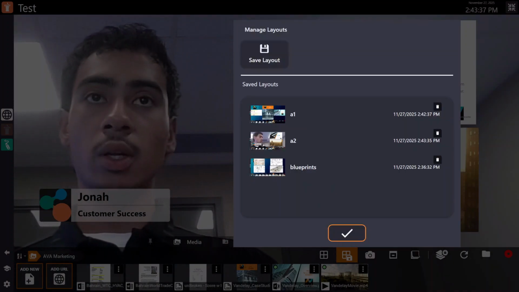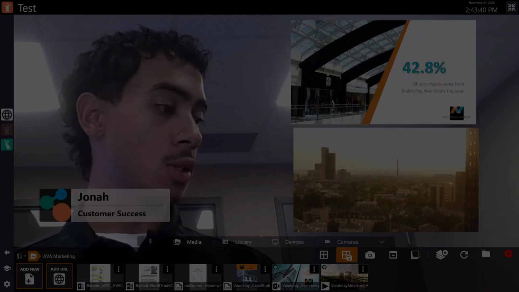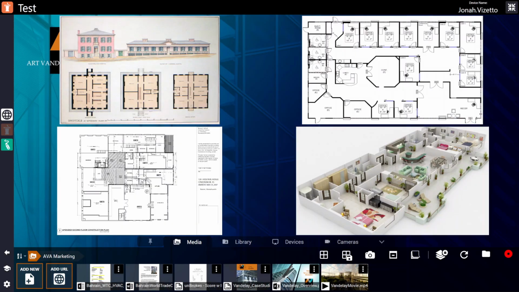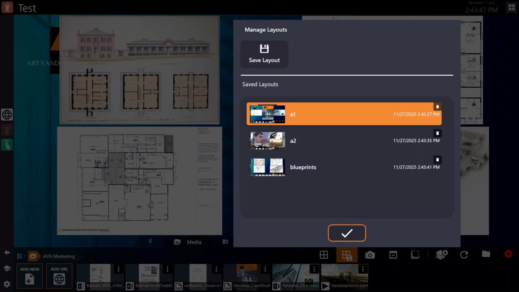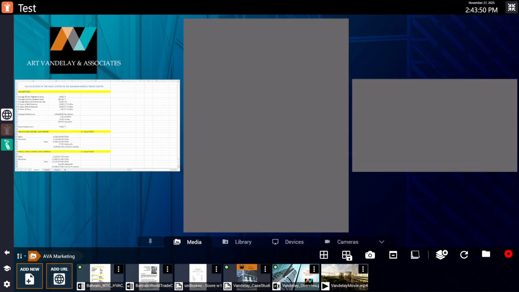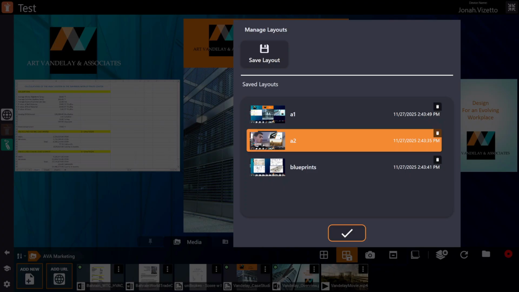All right, so you can see our layouts are saved in alphabetical order. Let's go select this blueprint layout. And just like that, all of our content snaps into place, and let's select A1. As you can see, our Excel, PDF, PowerPoint. Now if we select A2,